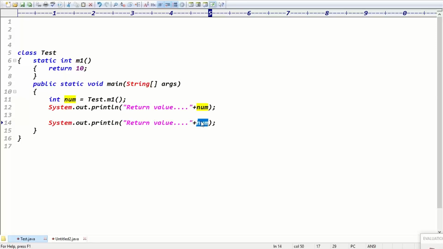here you can simply write the print statement and call the test.m1 method. When we call the method using a print statement, whatever the method returns, that value is directly printed, right? So test.m1 is the data. Exactly. You can hold the value and print it, that is one way. Another way is to directly call the method using a print statement, and that value is directly printed.